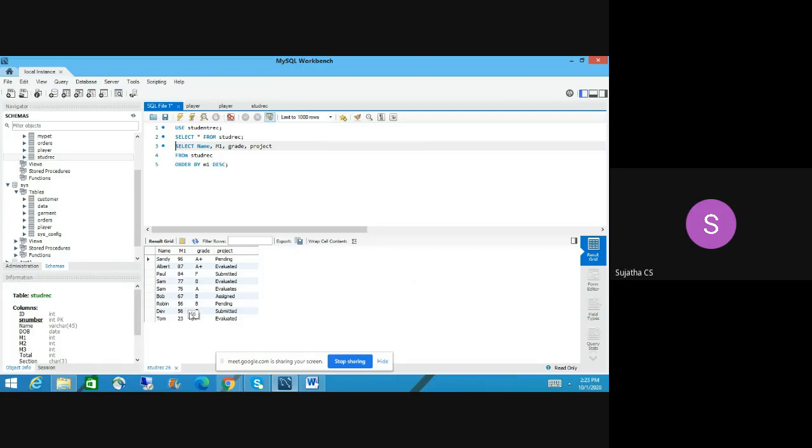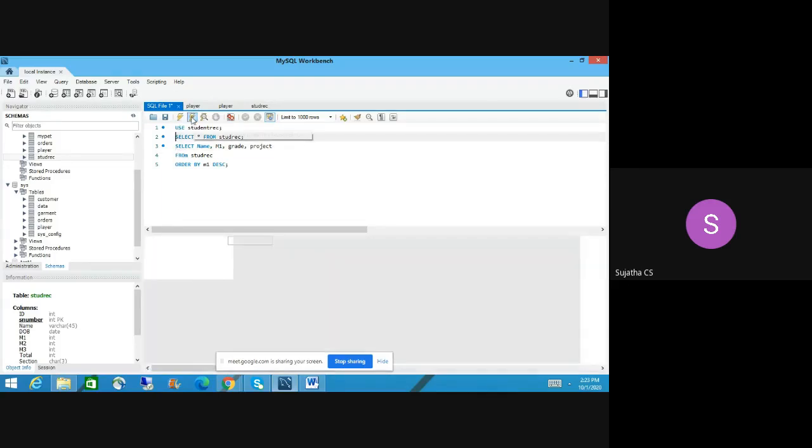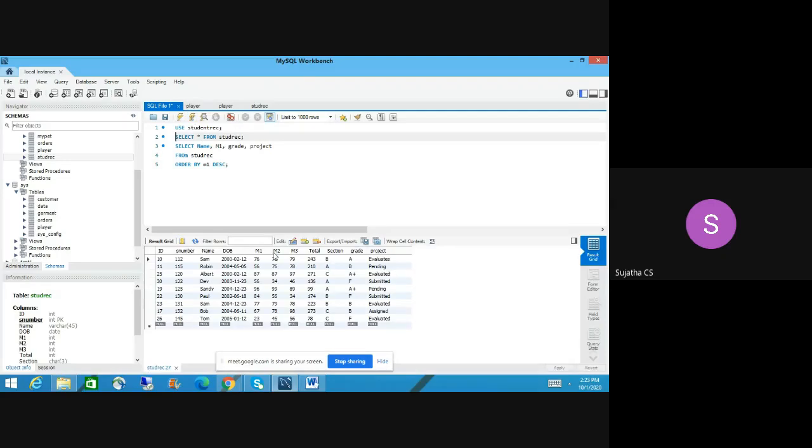So now, I want to use multiple columns, multiple column sorting. So let me run this first. Okay, I'm going to pick some of the columns, and then, first section wise, it will sort ascending order, and then mark wise, I want to display descending order.